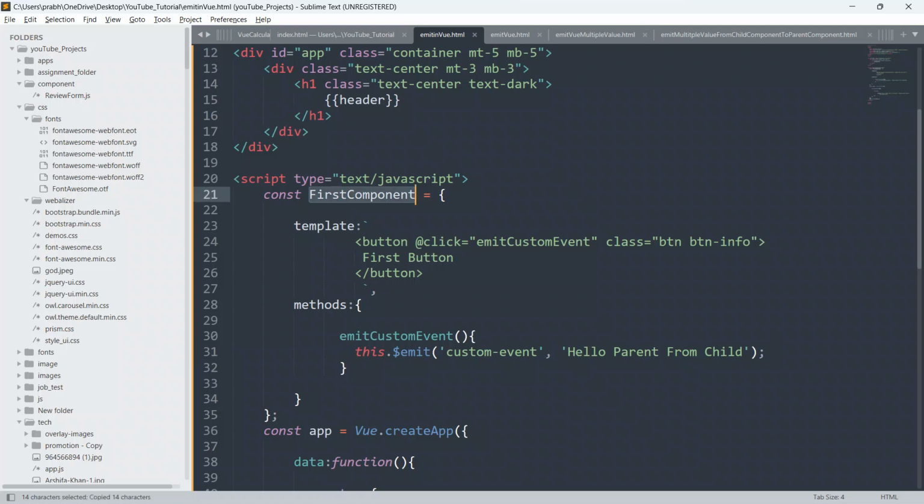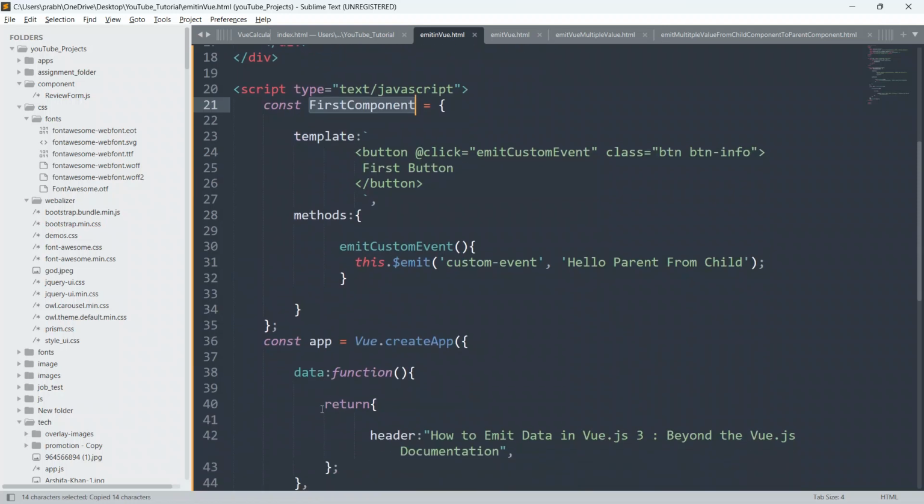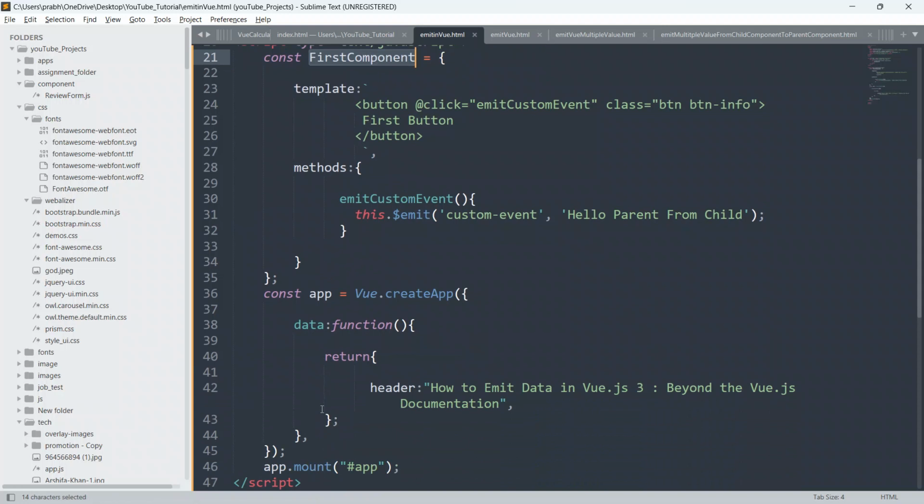So I'm going to register the component as well. Okay, so just copy this component name, and below this I will be registering it.